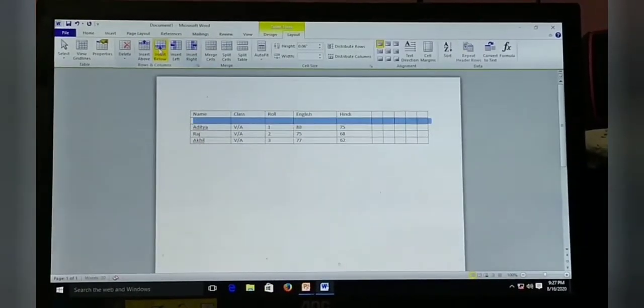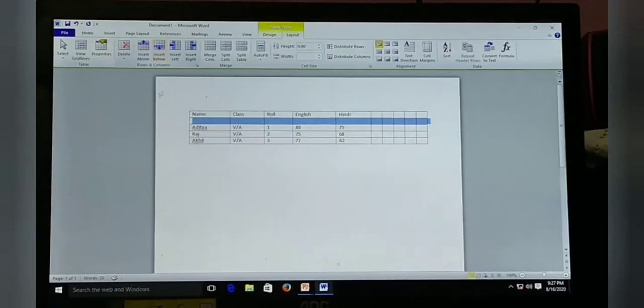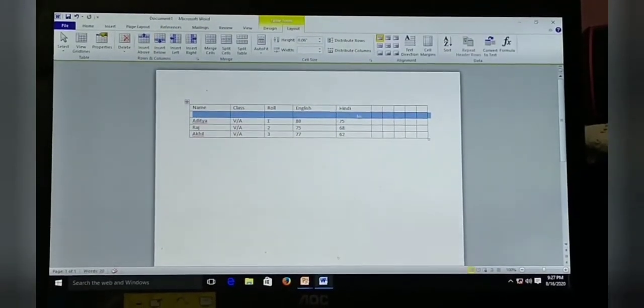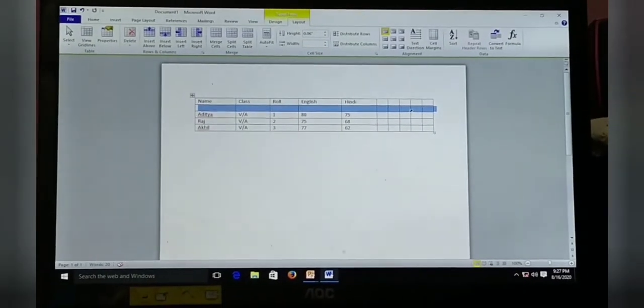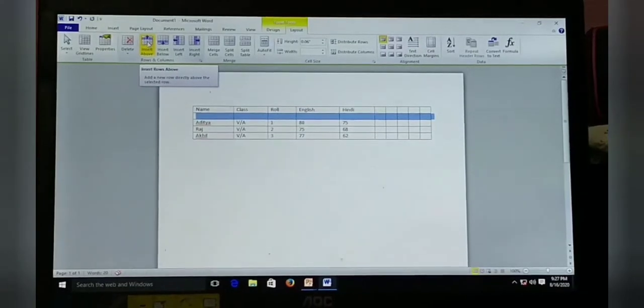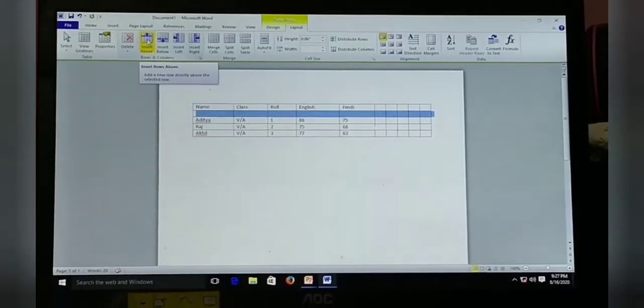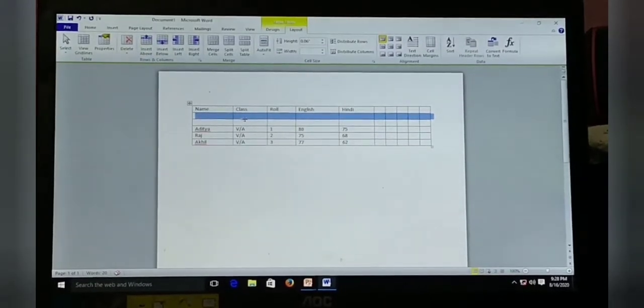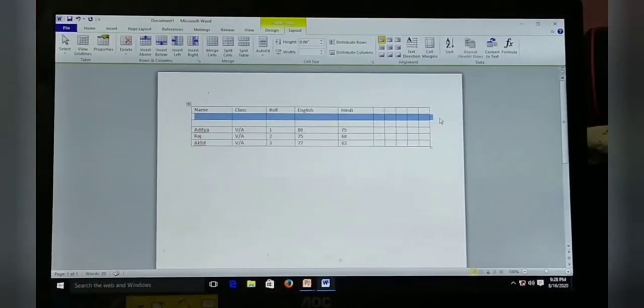If we choose Insert Below, you can see over here that a new row has been added in the same table. And if you click the option Insert Above, see, another row has been created over here.